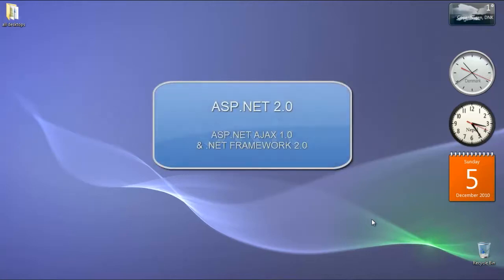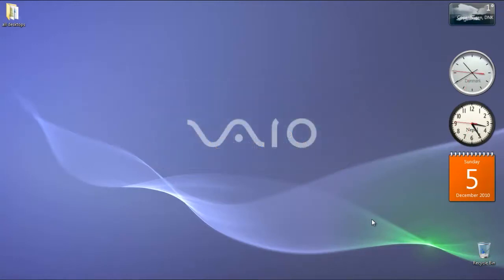Umbraco is built on ASP.NET 2.0 and requires the ASP.NET Ajax 1.0 extensions. Umbraco also runs under ASP.NET 3.5. ASP.NET Ajax is built into ASP.NET 3.5. If you are running ASP.NET 3.5, you may skip this step, or you can check this by going into the